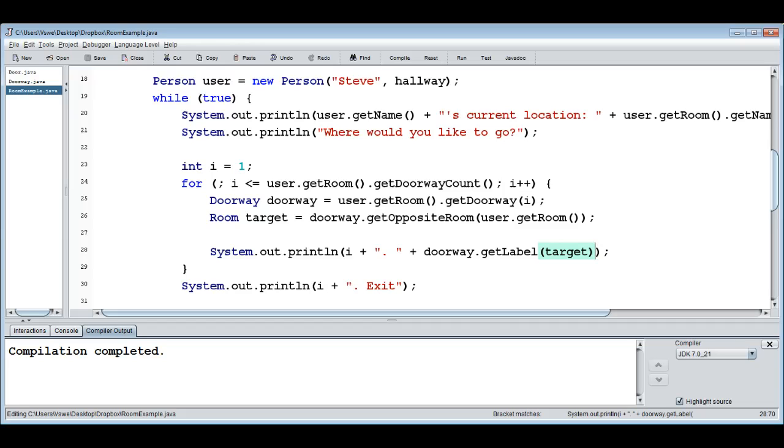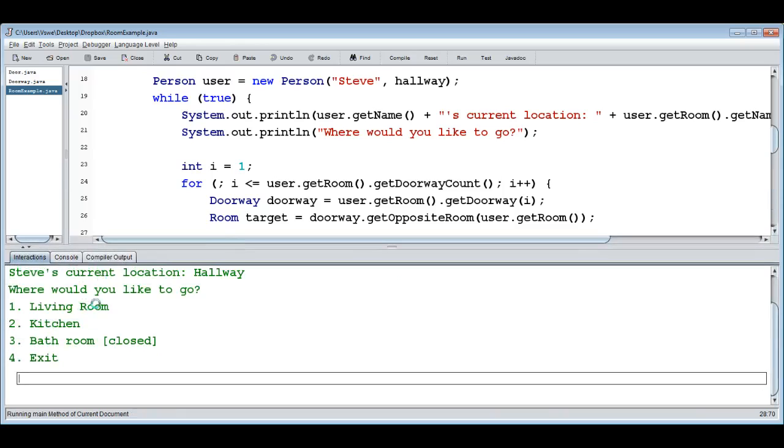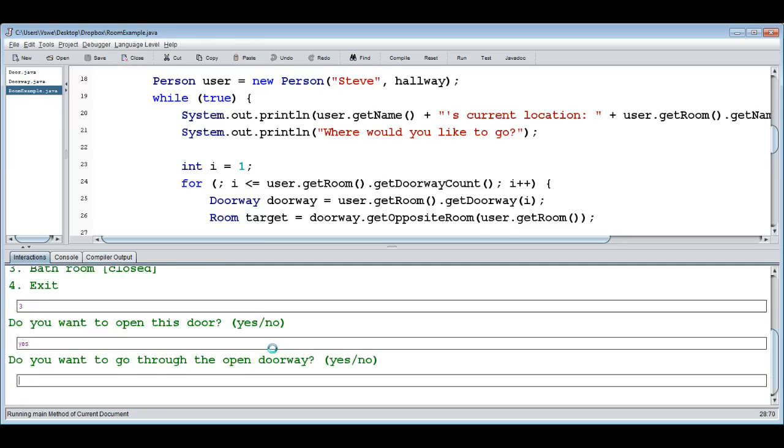Right, so now we use the get label here properly, and we can run the code. As you can see now, we get the default get label for the doorway, so that's the living room there and the kitchen there, whereas the bathroom gets the default part here, but then we add closed because it's closed, or open if it would be open. So if I approach the bathroom and I want to open the door, my pal is sitting there,